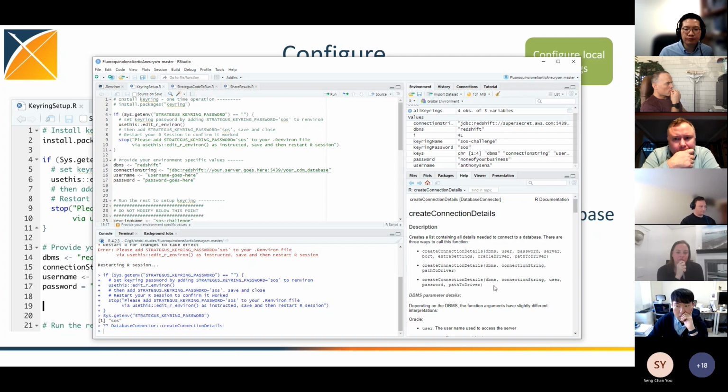Here, I'm just going to make a few edits so that you can see that this is something you could set. So if I want to say my server.aws.com, port 5439, my CDM database, I'll put my username here, super secret password,